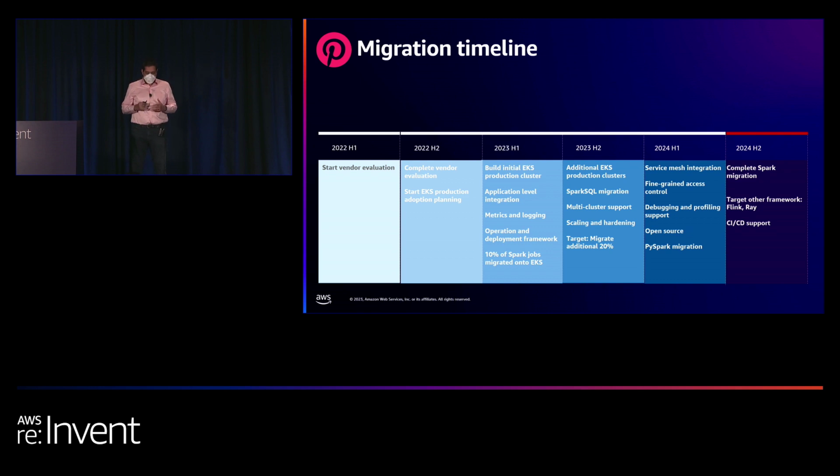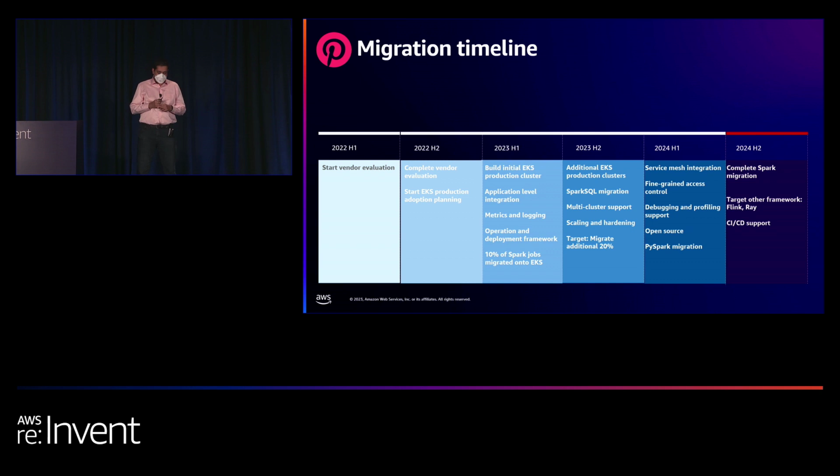And then this half, we are now starting to come up on the edge, looking at some of these scaling opportunities, and looking to migrate around 20% more jobs. In H1, we migrated Spark Scala jobs exclusively. This half, we are focusing on a mixture of Scala as well as Spark SQL and migrating those.